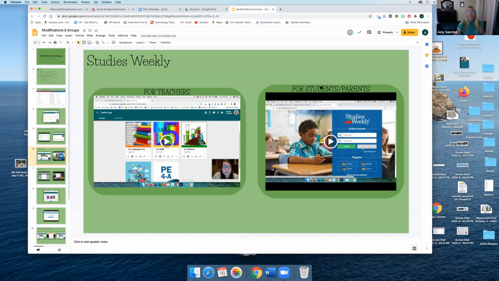So what I've done is I still use the Studies Weekly, but I open Studies Weekly directly through my teacher app. I record myself going through the lesson, clicking the buttons, and then I make a quiz through Google Forms at the end instead of using the Studies Weekly quiz. So that's a way that you can avoid the Clever login